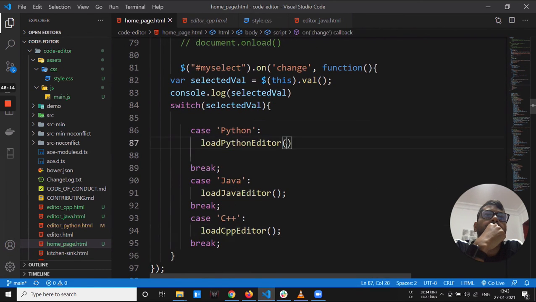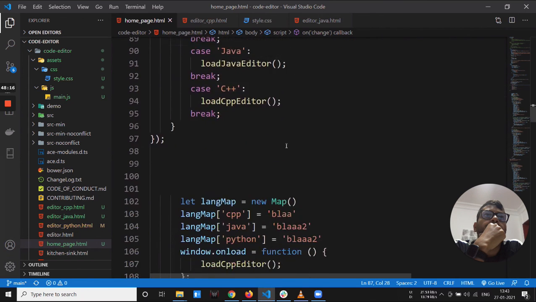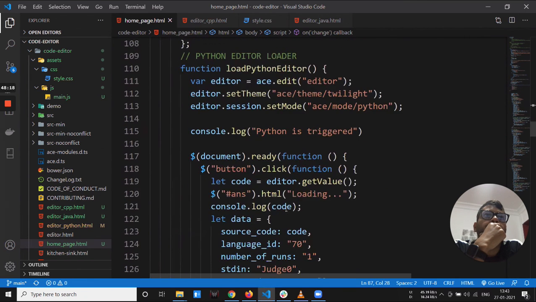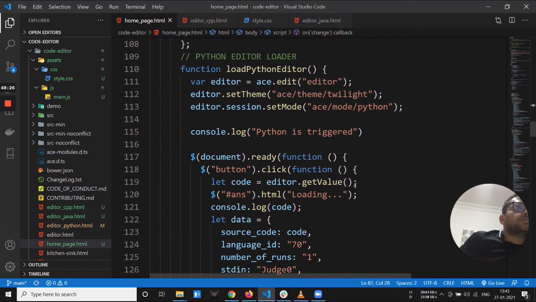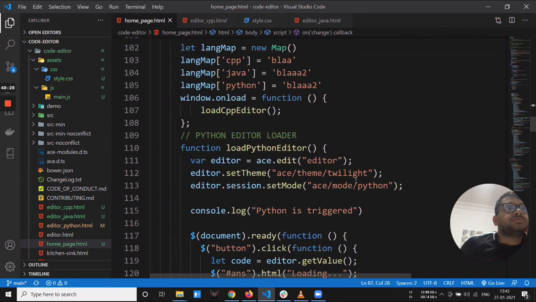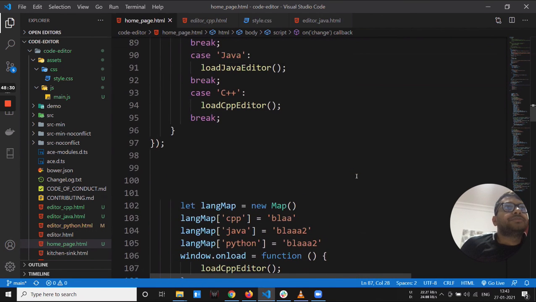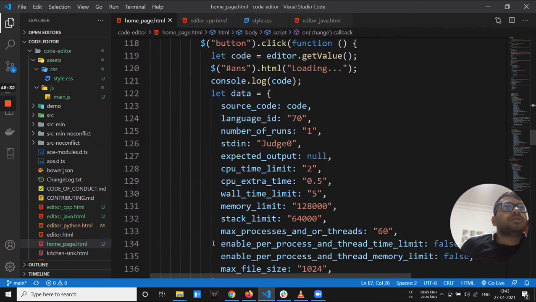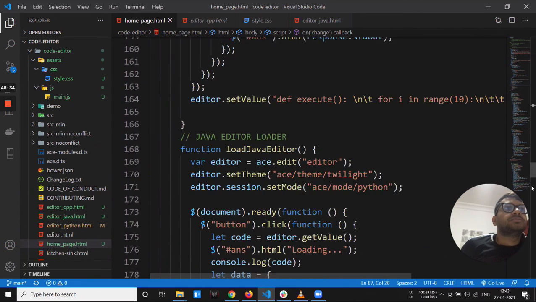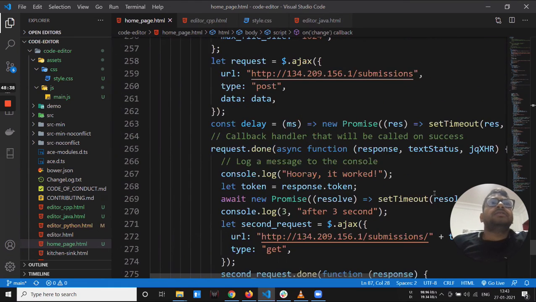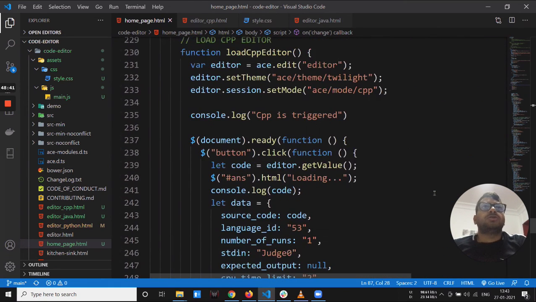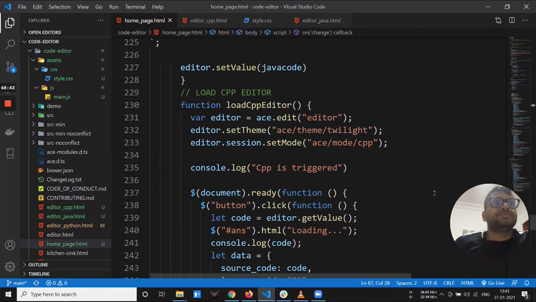Yes, I can pass one ID, and depending on the ID, we can set this value, the language from the ID map. And we can also make a separate file for JavaScript. Yes, this file is getting too lengthy, more than 200, around 300 lines. Yeah, you can make a JS file for this code so that it can be reusable.